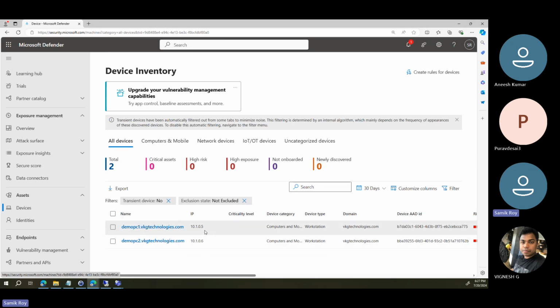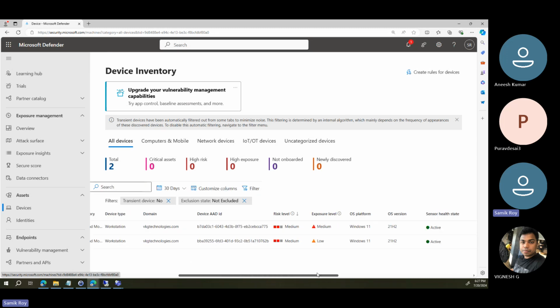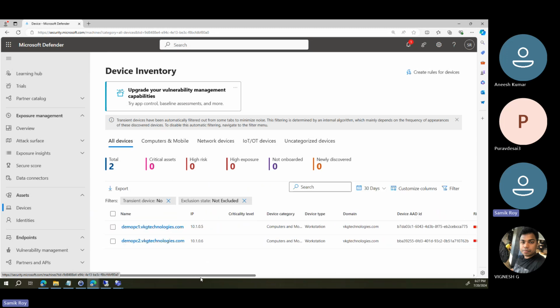If we have 3 or 4 more virtual machines with, let's say, any Windows Server operating system or any other systems that are discoverable in the network, they're going to get discovered and listed here, not onboarded by default. But once we manually onboard, or onboard through, let's say, Microsoft Intune or anything else,